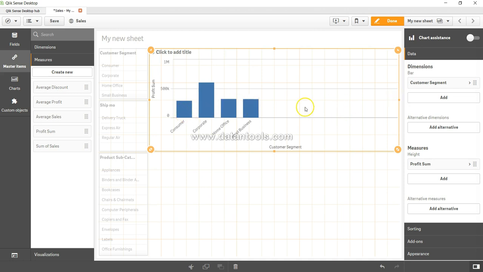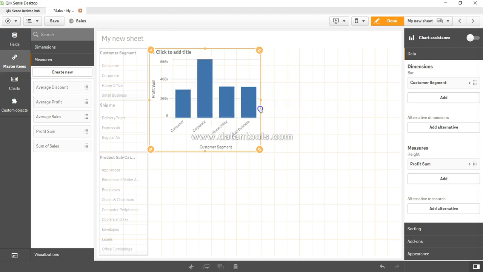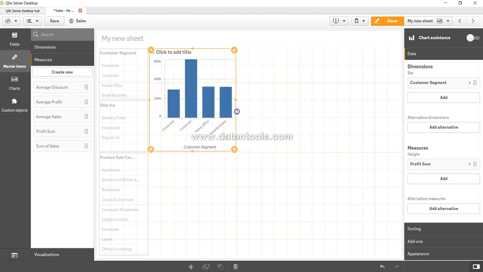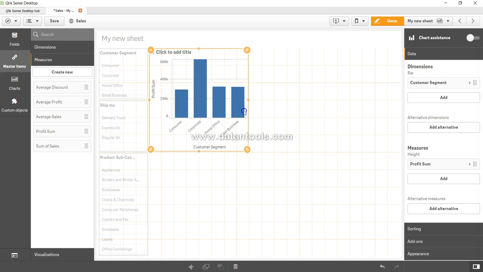Now as you can see, these are just 4 categories, so we can come over here and click and drag it towards the right, and as we are dragging it, you can see it is changing the bar space. So based on how we want to have a look and feel from the bar chart, we can put it. Okay, after that, let's come over here